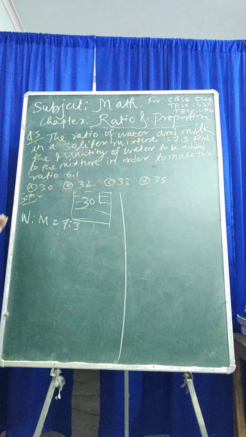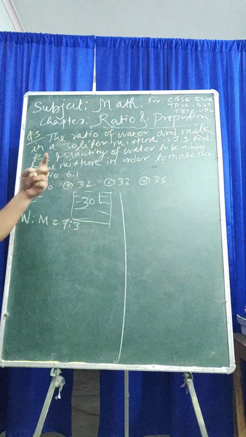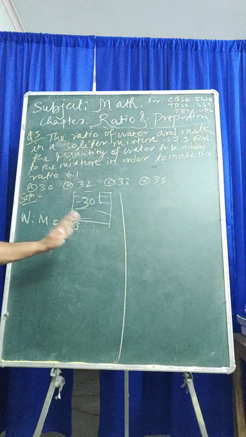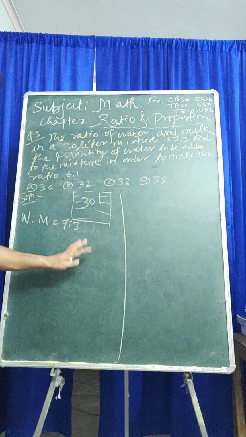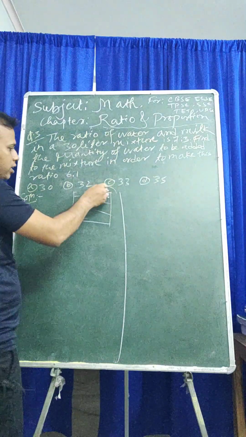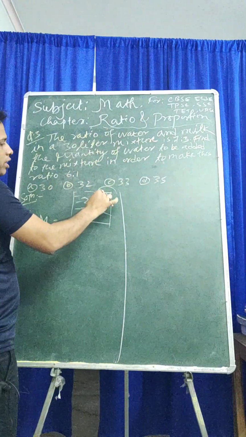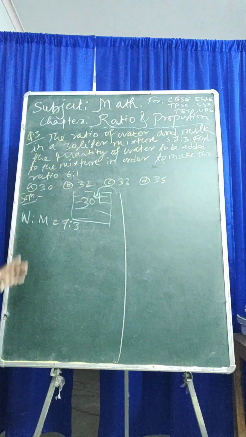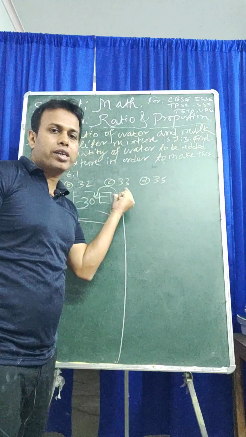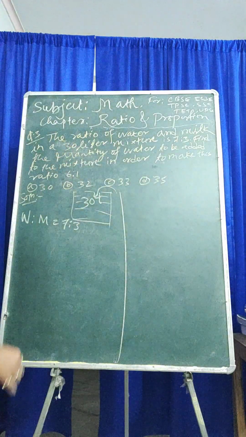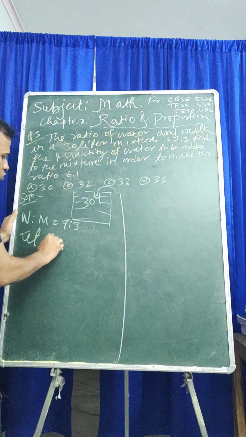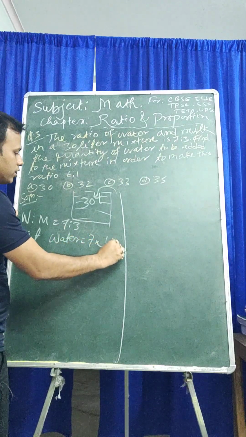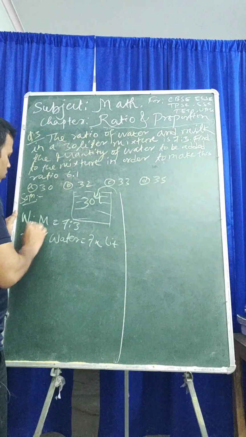Now how much water should be added here? Milk will remain the same quantity. How much water should be added in this container so that the ratio becomes 6:1 instead of 7:3? This amount of water we have to find out. So let's try. Let water be 7x liter, and milk